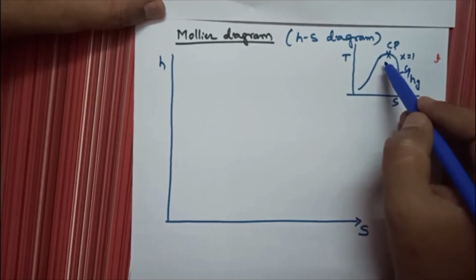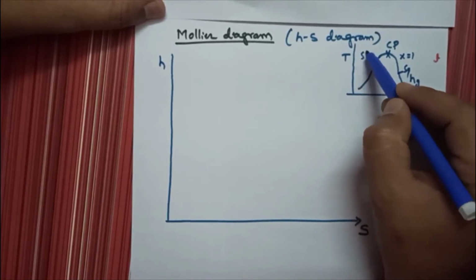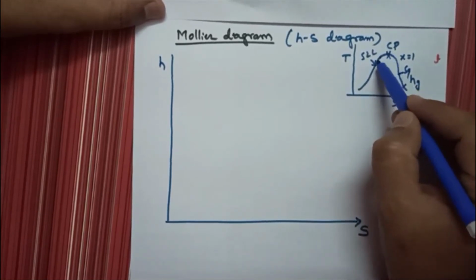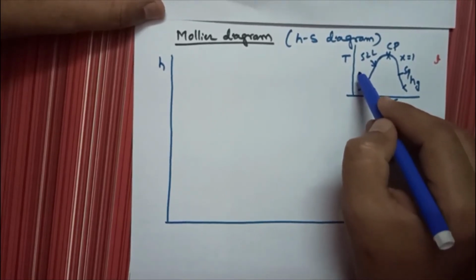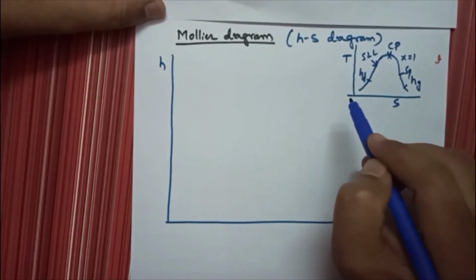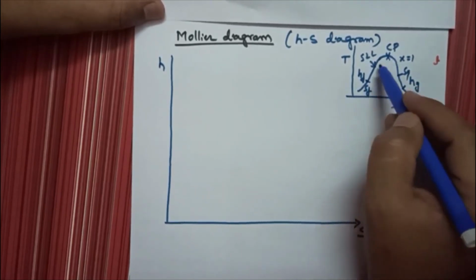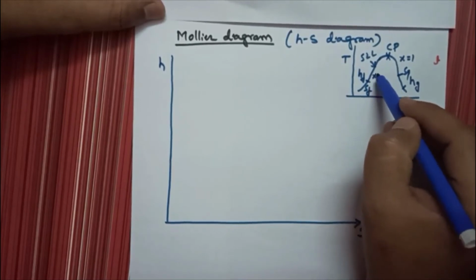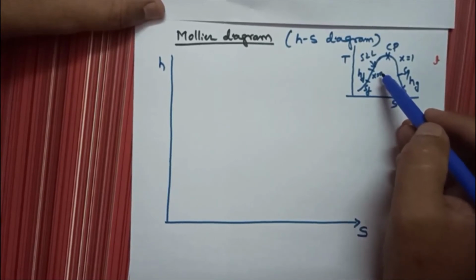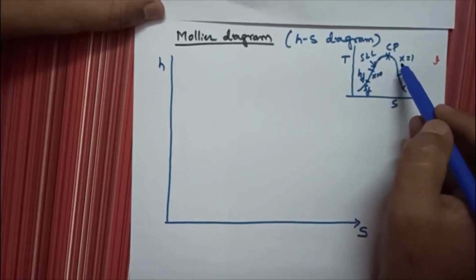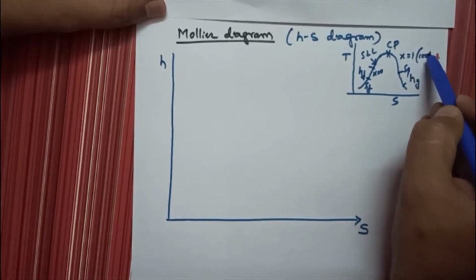Correct or not? Similarly, when you take any values on the saturated liquid line, it is pure like water, there is no percentage of steam. So if you are measuring enthalpy of the fluid, that is hf, and sf you have taken. What is the value of x on this line? That is x equal to 0. Understood? Because there is no percentage of steam, it is purely water. So x is nothing but the percentage of steam indirectly. So you write 1 or 100%.